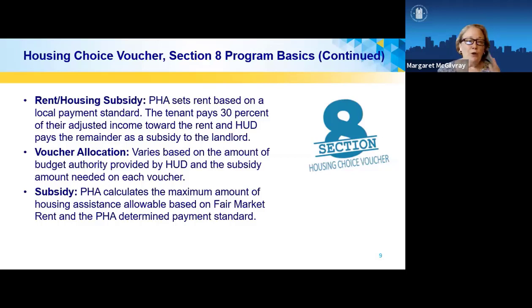So that's a situation where you may hear that our housing authority has $100,000 in budget authority for our Housing Choice Voucher program, and that should cover 100 vouchers. But in fact, we've used all of our budget authority and have only issued 90 vouchers. And that may be because those tenant portions are lower, or the rent subsidies are having to be higher based on the local market. So that's where you may see some of that difference. Let's go on to the annual contributions contract.